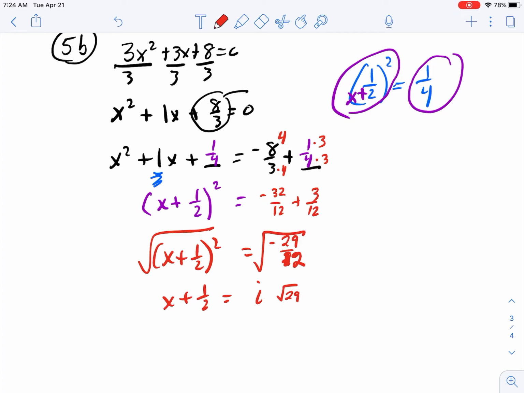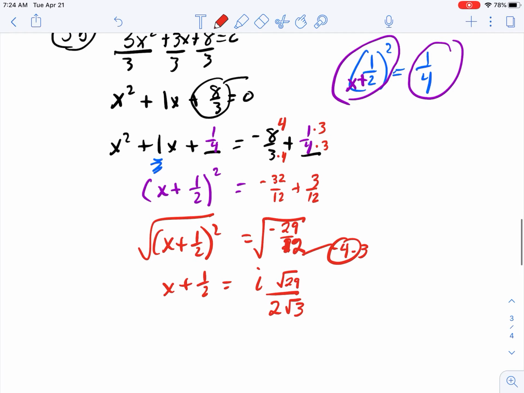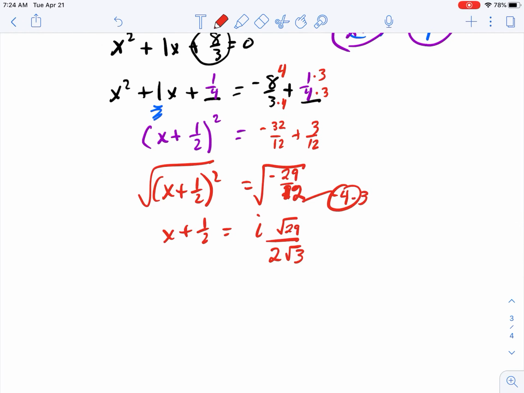You have the square root of 29. Now breaking this down, you have 4 and 3, so that would be 2√3. All right, now multiply top and bottom by √3. So you have x plus 1/2 equals, and I've got my plus or minus there. Plus and minus, what is that? I think that's the square root of